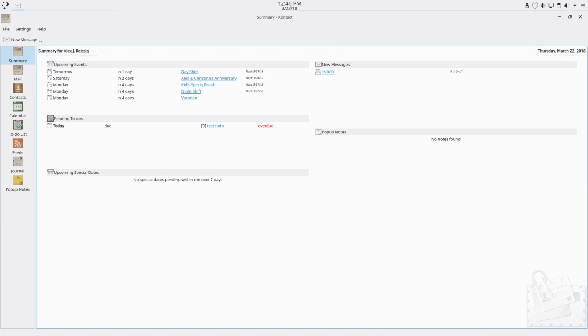So anyway, I installed basically the entire what KDE calls their PIM suite. So we've got Kontact, which is sort of your summary. We've got Mail, we've got Contacts, we've got Calendar, we've got the to-do list, RSS feeds, Journal, pop-up notes, and this app I wanted so bad for this thing to work right,